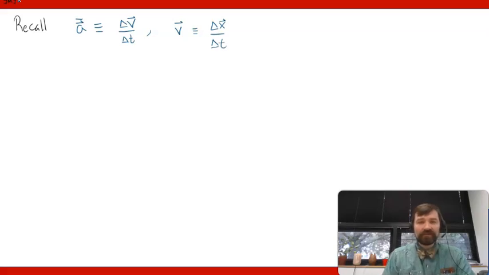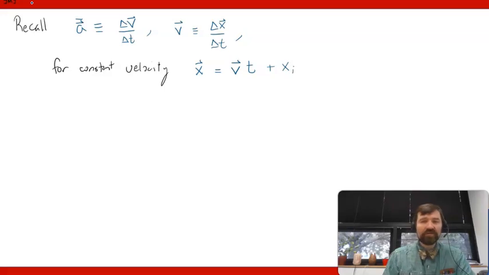And we also have that for constant velocity, so for no acceleration, the position as a function of time is given by the velocity times the time that's elapsed plus the initial position,